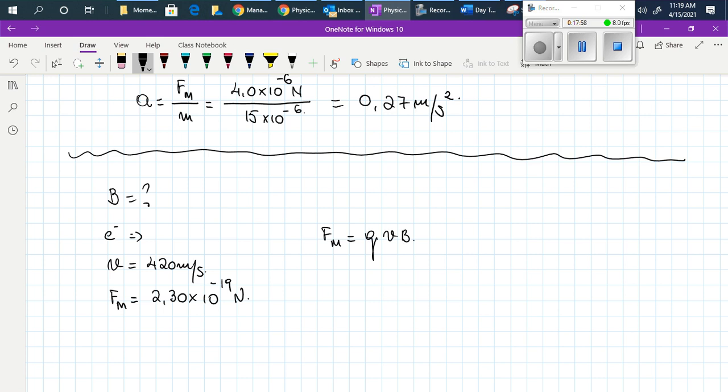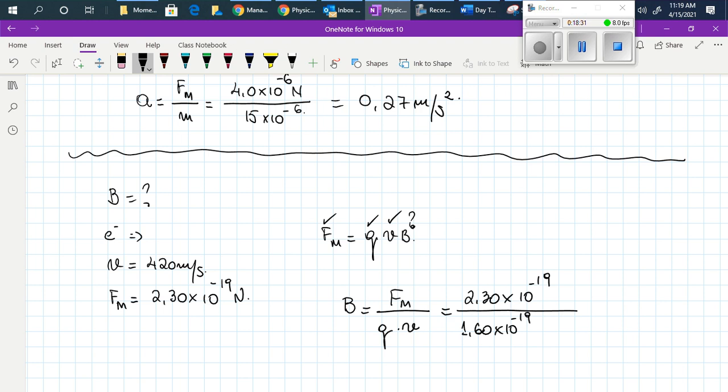Even though Q is not quite given, we know that it is dealing with an electron, so we do know what Q is, we do know what V is, 420, and we do know what the magnetic force that the electron is experiencing is, so we will find B. So B will be the magnetic force over Q times V, or in our case it will be 2.30 times 10 to the power of negative 19 over 1.60 times 10 to the power of negative 19, because an electron has one elementary charge, times 420. So in your calculator,